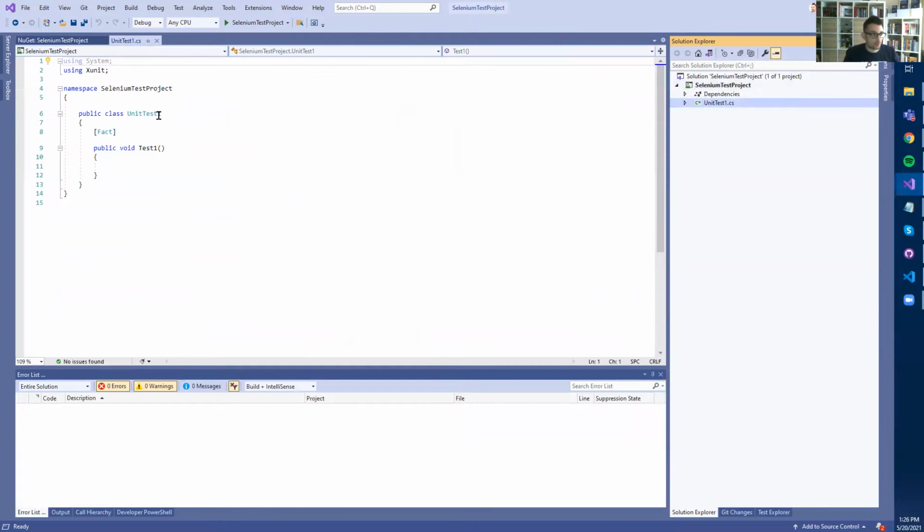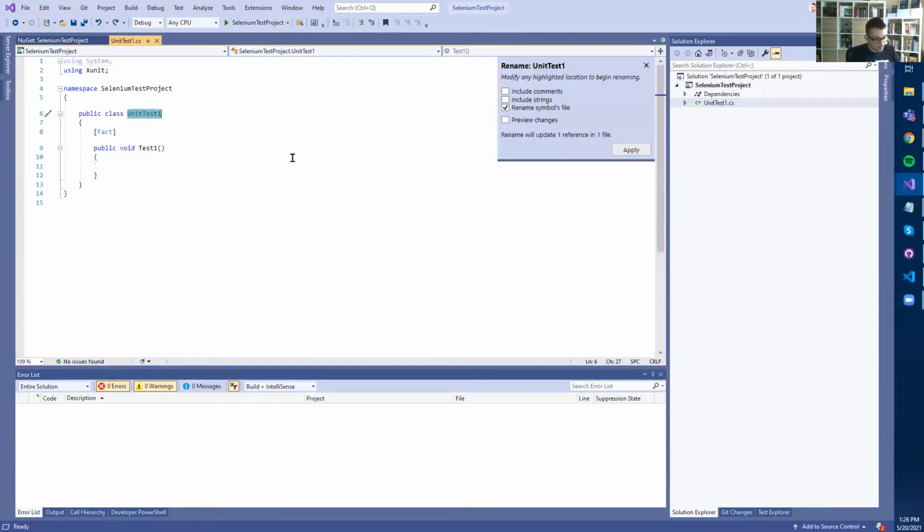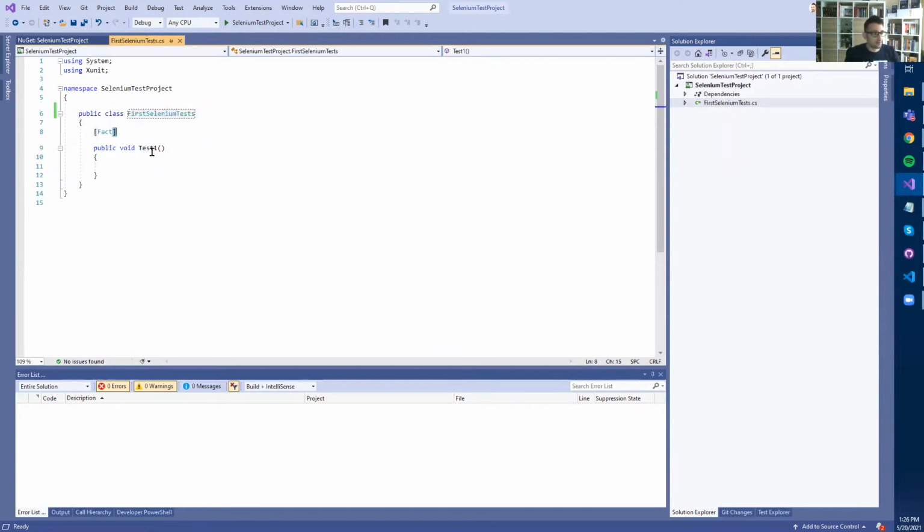And now we need to rename our test. First, Selenium tests. And this will be, for example, we can navigate to the page and verify the title. So I will name it: correct title displayed when navigate to homepage. Again, I usually use this convention where I mention the result and then what the actual condition is. This is a really nice convention for unit testing, but I found out that this is really awesome for